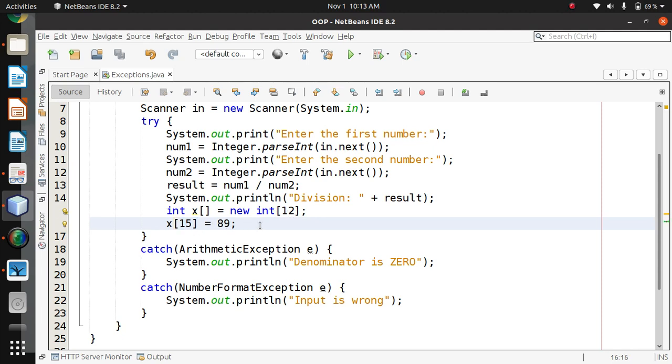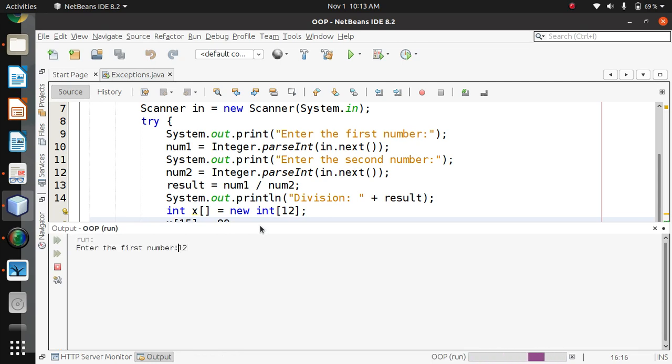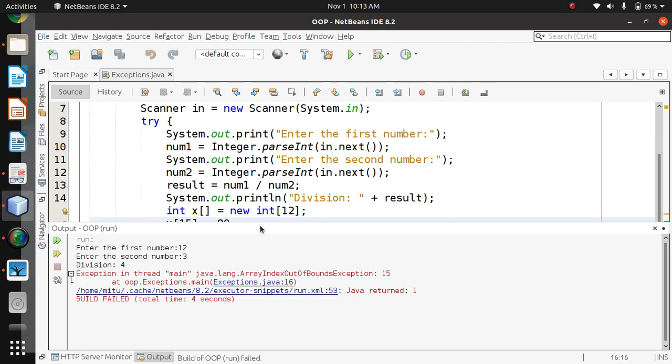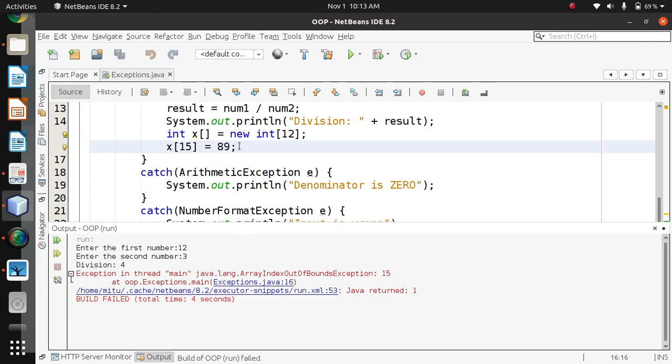Correct. Now everything else I need to put correctly. 12 divided by 3, answer is 4. Correct, answer is 4. But after that, here we are getting the error at line number 16: x[15] = 89. That is ArrayIndexOutOfBoundsException, and that also we can catch.